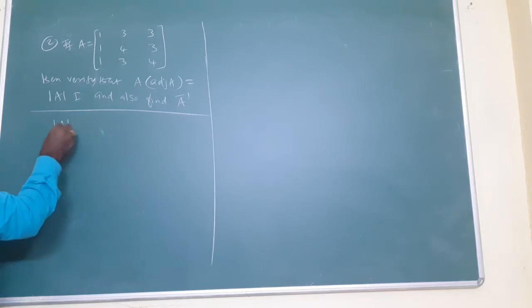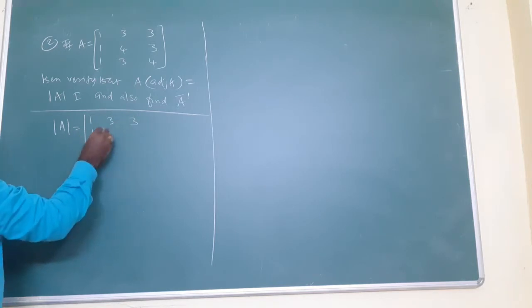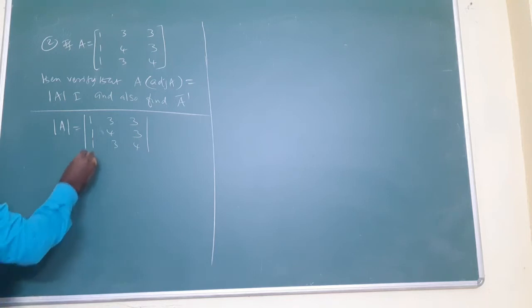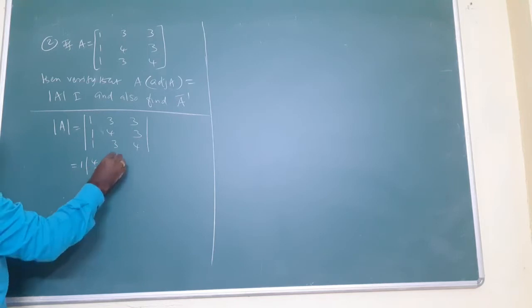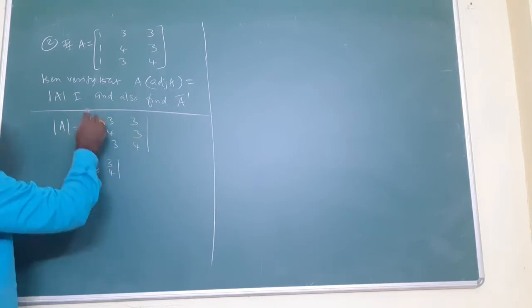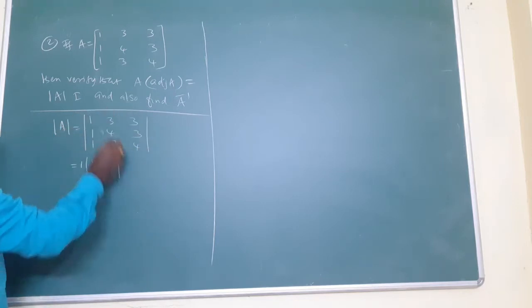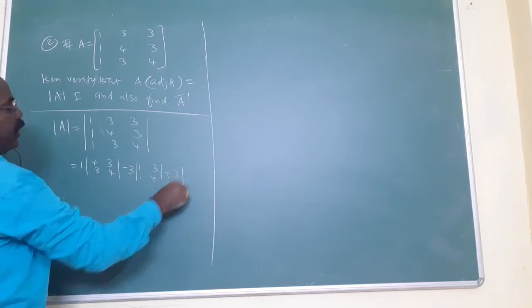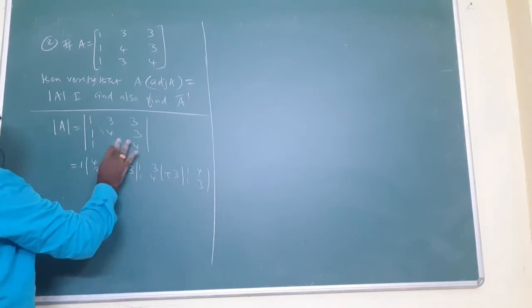Determinant of A means what? A is already given. Put the determinant of 1, 3, 3, 1, 4, 3, 1, 3, 4. Am I right? Next step, take 1, and cancel its row and column. You get the elements 4, 3, 3, 4. This is actually a determinant. If you put brackets, that is wrong. This is called a determinant; put side lines. For the next element, change the sign to minus, and cancel its row and column. We get 1, 3, 1, 4. Am I right? The last one is plus 3. Cancel its row and column: 1, 4, 1, 3. In this way, first like that.